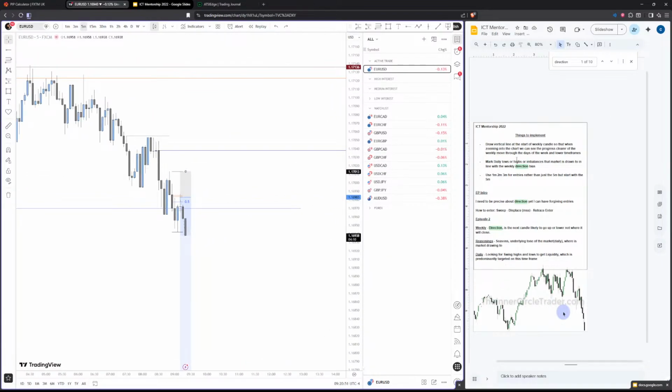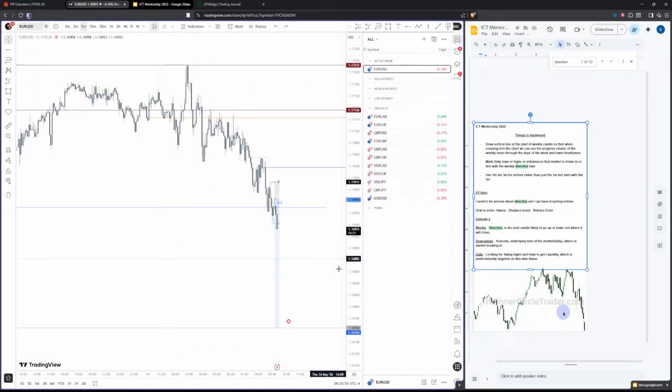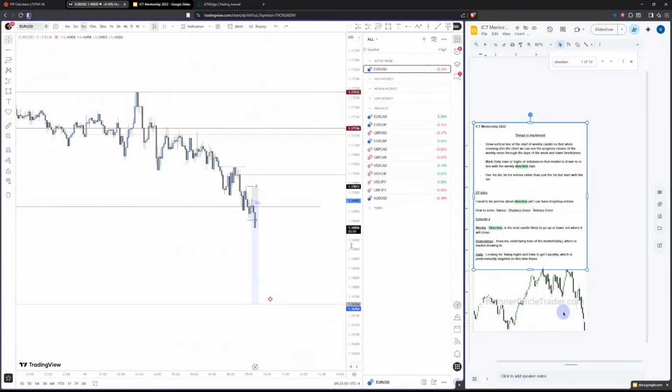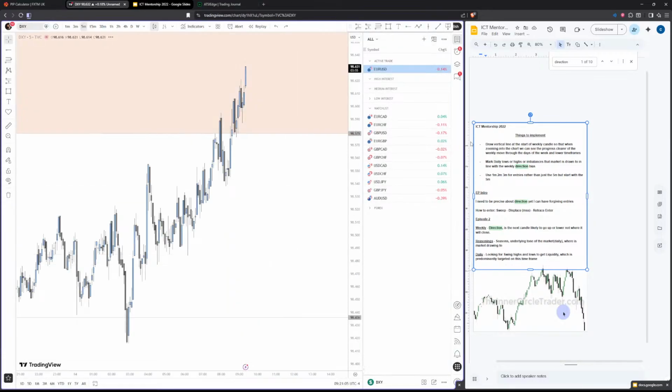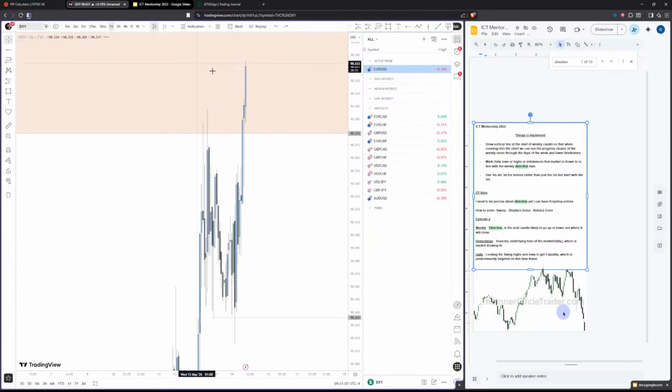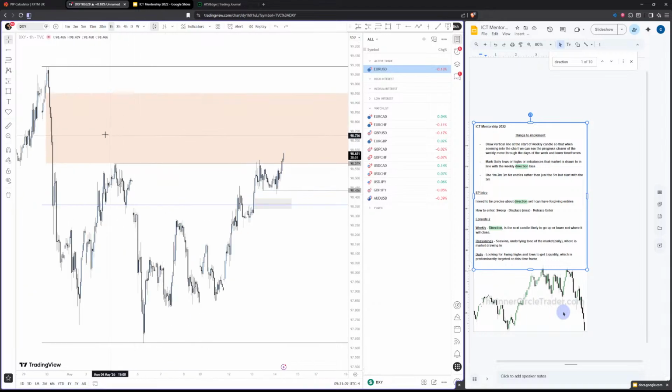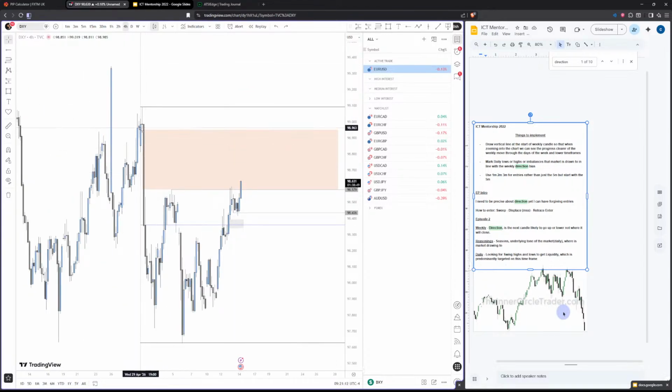Okay, so here it says we know that we get the direction bias from the daily lows and imbalances, which is where we got this target from over here, which is why we're bearish. And don't forget that lines up as well, because over here we're using an imbalance. So it's the 4-hour time frame. This is a very strong imbalance, which we've not filled at all. So I think we're going to go up into this before we start looking for sells. Though we are obviously in